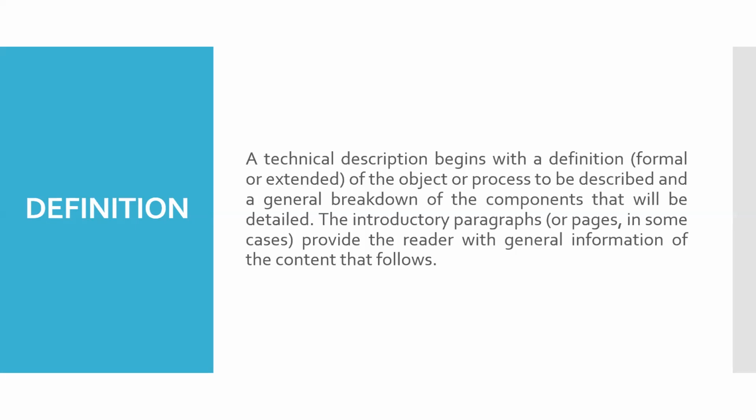So that's a general description. Then I can break down by telling that, okay, these are the different parts of the mouse. So you have a right click, you have a left click, you have a scroll button, you have a tracking ball, then you have a plastic cover casing for the mouse, and you can have internal circuits and a code and a plug-in wire that you plug into your laptop. So that's the breakdown, right?